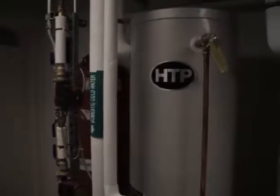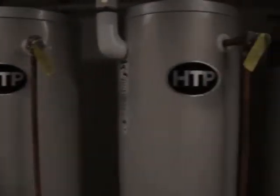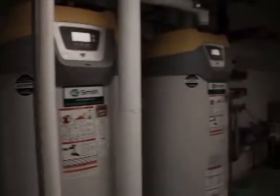We're now looking at our domestic hot water system. We're using in this building two solar panel systems. One is an active, which generates electricity. The other is passive, which takes the sun's temperature, warms the water, and recirculates it into the building. What we have here is our water tanks. One of them is taking the energy we're getting from the rooftop solar panels, bringing it down into the tanks and heating the water. The second one is a gas-operated